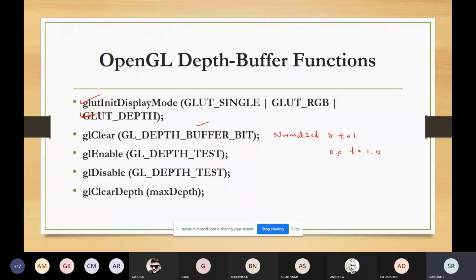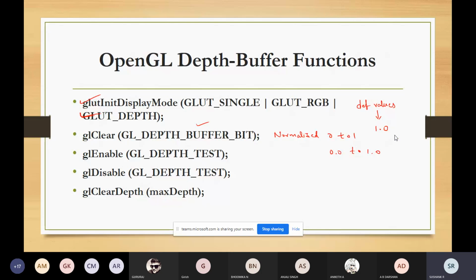By default, all the depth buffer values will be set to the maximum value, which is 1.0.